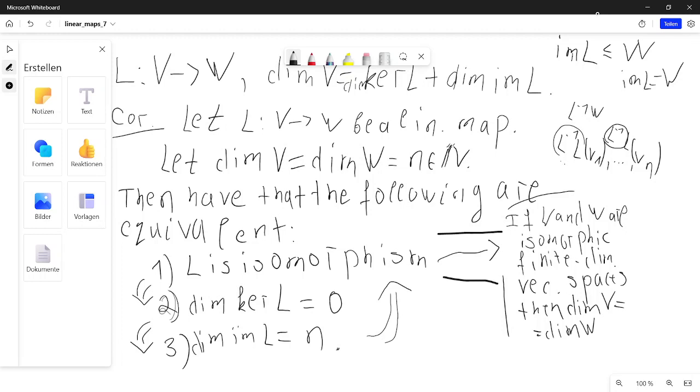We have an isomorphism, then by injectivity, we just have that the kernel is only the zero vector. Then, of course, the dimension of the vector space that contains only the zero vector is 0. Then we just use the dimension formula to establish that the dimension of the image is n, because if we plug in here the dimension formula, we get the dimension of the image is n, and then this argumentation gives us from dimension equal to n